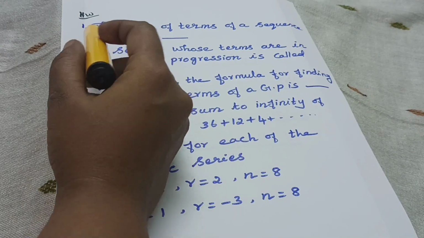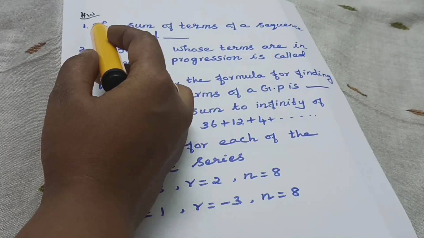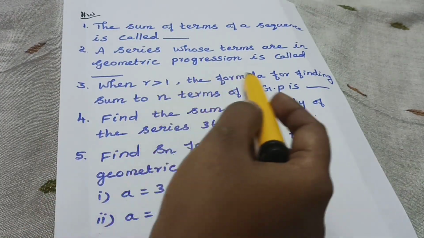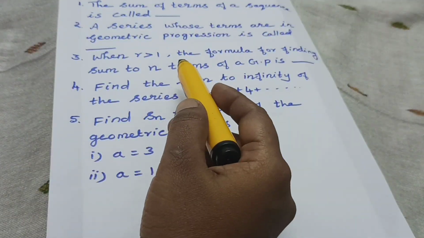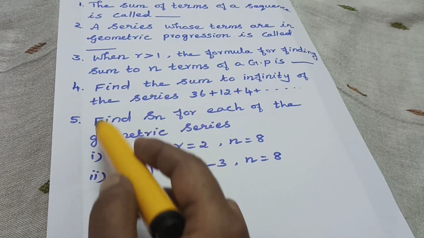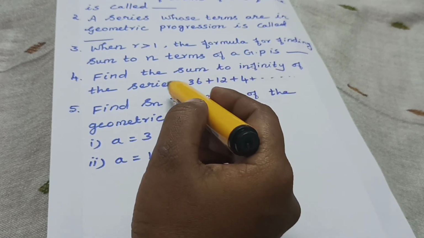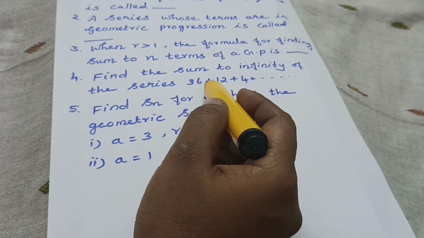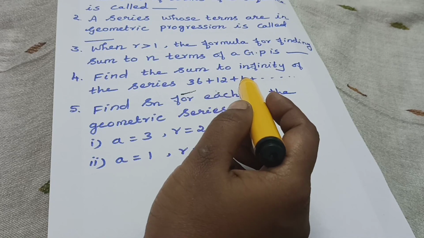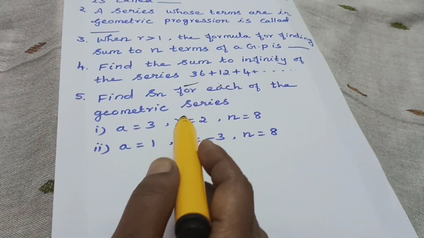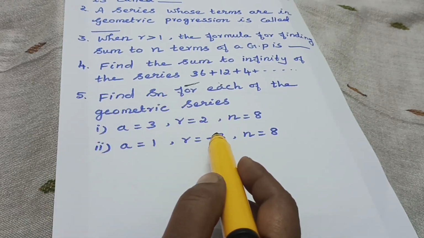Children, shall I give some homework? Using these formulas and definitions. The first 3 questions are fill in the blanks, one word questions. Read the question and write the answer. Then the 4th and 5th questions: find the sum to infinity. Infinity means you know the formula, isn't it? What's the formula you say? Yes, sum to infinity is equal to a divided by 1 minus r is the formula. That formula you should use. Then the 5th sum is the same order we did. Can you do it?